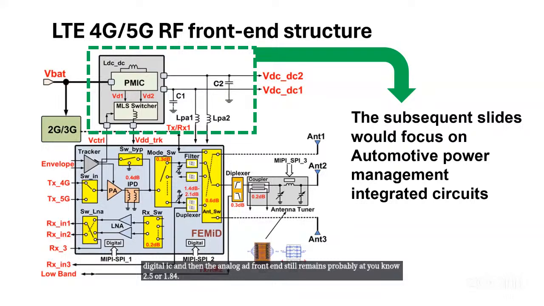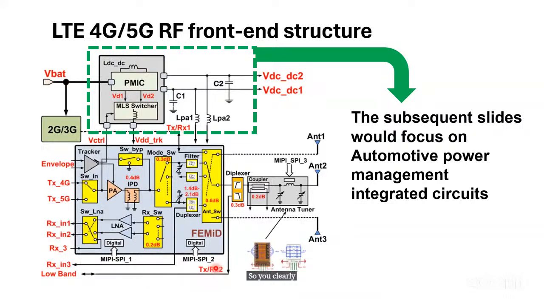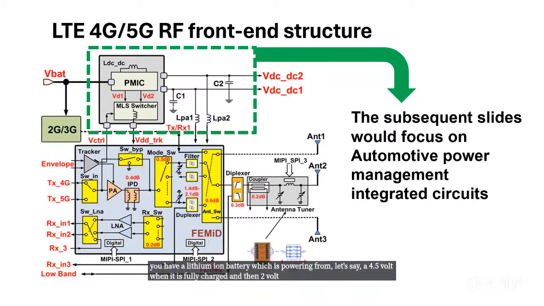So you clearly need, from a basic power source, if you look at a mobile phone, you have a lithium-ion battery which is powering from, let's say, 4.5 volt when it is fully charged, and then 2 volt when it is coming low. You can also have a USB power there,